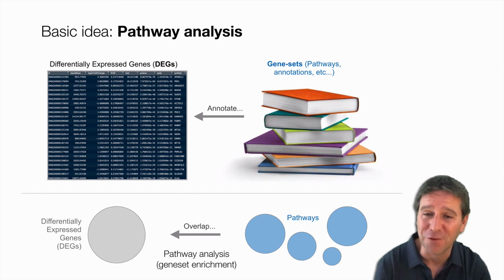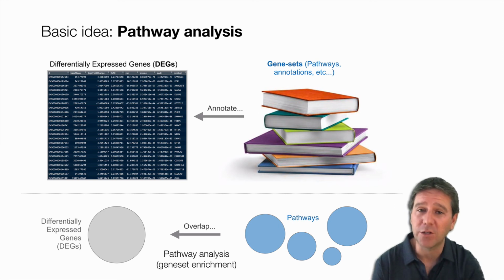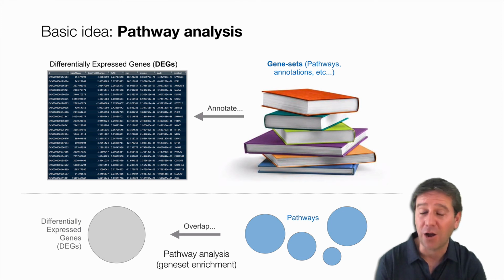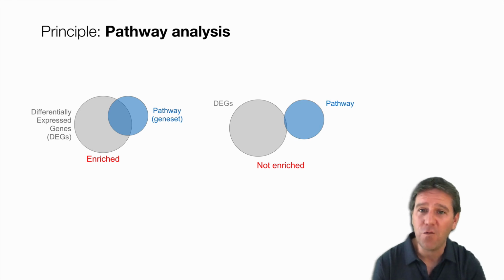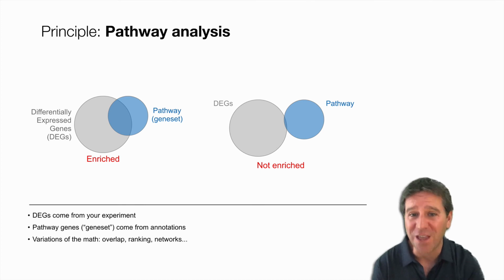Of course, we don't get them from textbooks, we get them from bioinformatics databases, and we get our differentially expressed genes. That's the gray circle here. This is our experimental results, our gene set, and we look to check for their overlap, or more formally, are the differentially expressed genes here enriched for a particular pathway or gene set from our set of available gene sets from these databases. Now the differentially expressed genes, they come from our experiment. The pathways, the genes, they come from annotations, not from textbooks, of course, but from bioinformatics databases like KEGG and